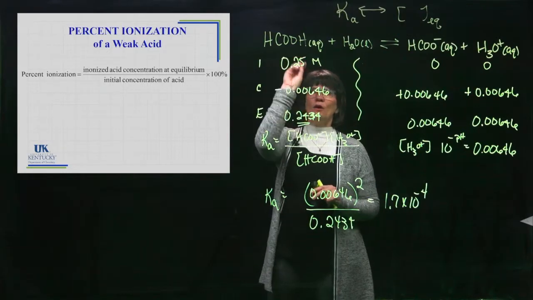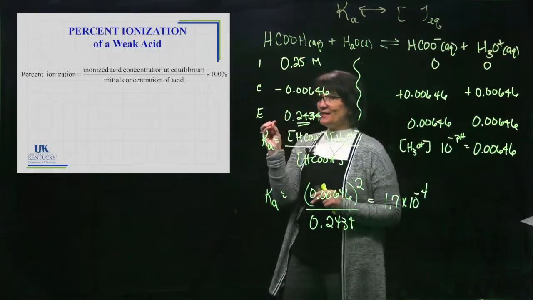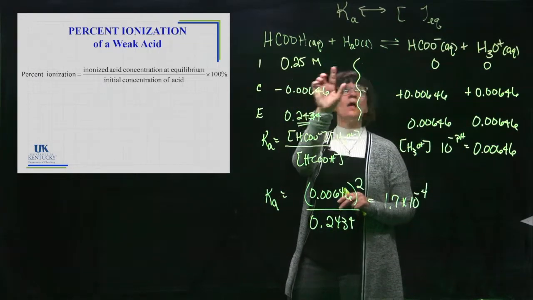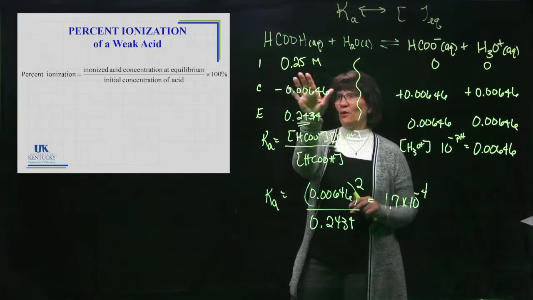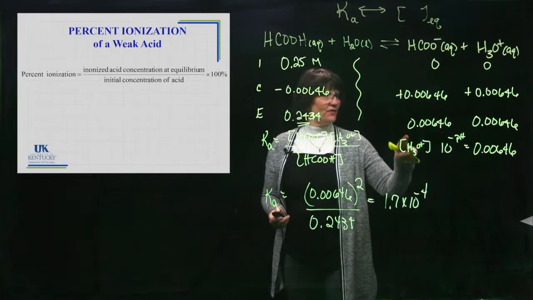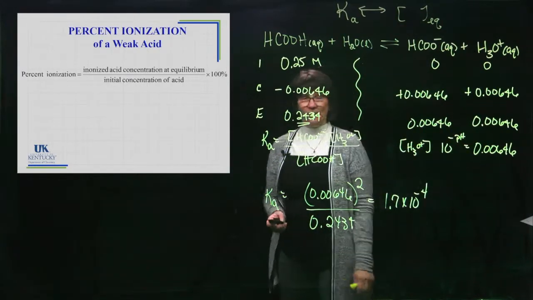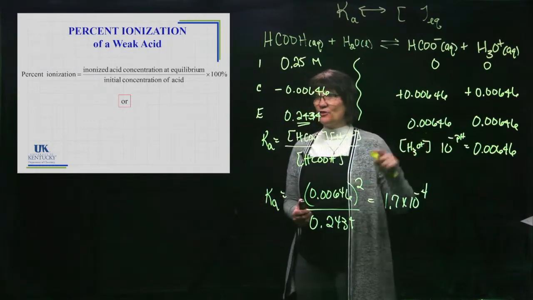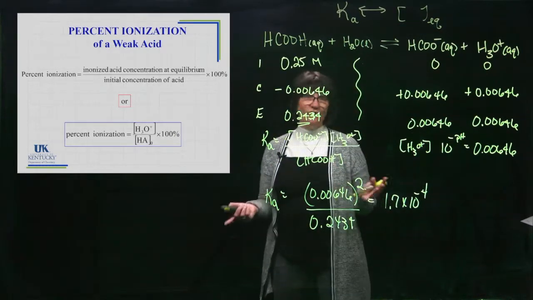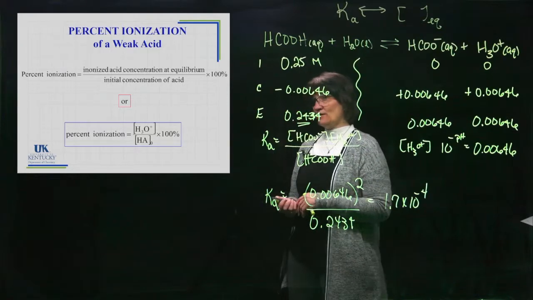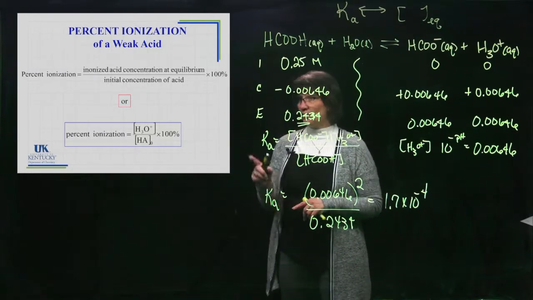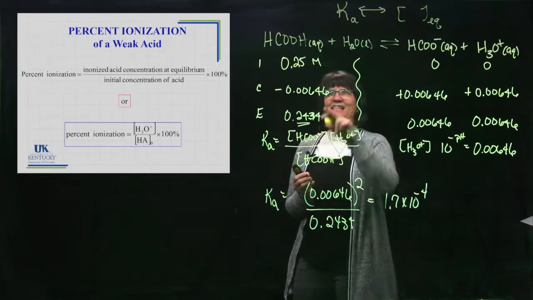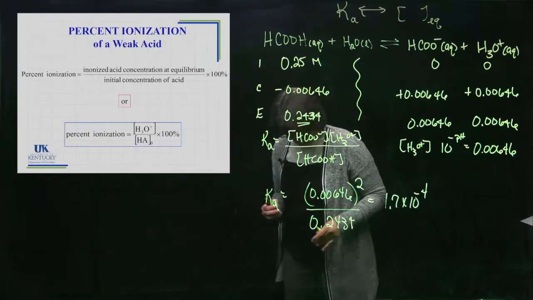Percent is always the part over the whole times 100. It's percent ionization, so we want to know the ionized over the whole, the ionized at equilibrium over the whole. Now, because of the way this pans out, the concentration of H3O+ is equal to the concentration of that. So you could use that instead, H3O+ concentration over, now notice the little circle after the HA. That's its initial. It is the whole, it is everything, okay?